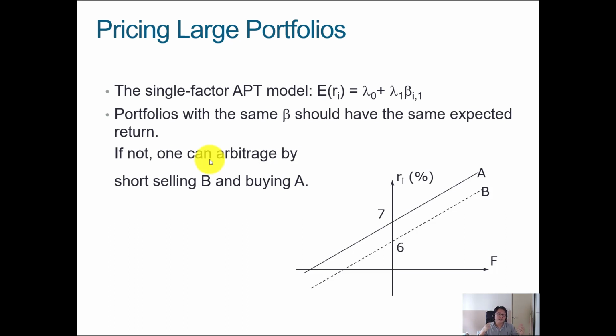So a portfolio of investments can be made up of different types of assets like stocks, bonds, cryptocurrencies, commodities, all of different weights. So how do we price all these different large portfolios, right? Because they have all these different underlying assets underneath. So the single factor asset arbitrage pricing theory model actually helps us do this. Okay, it states that portfolios with the same beta should have the same expected return.